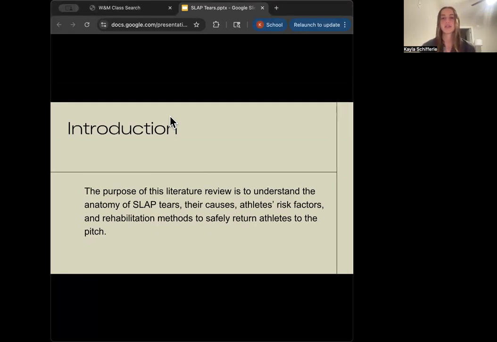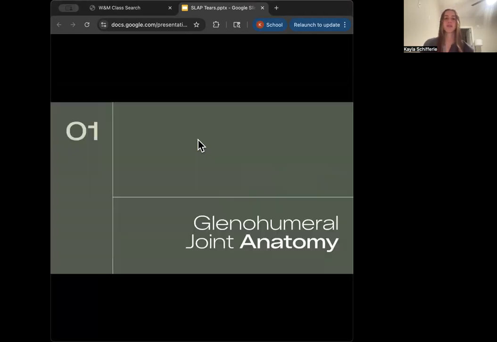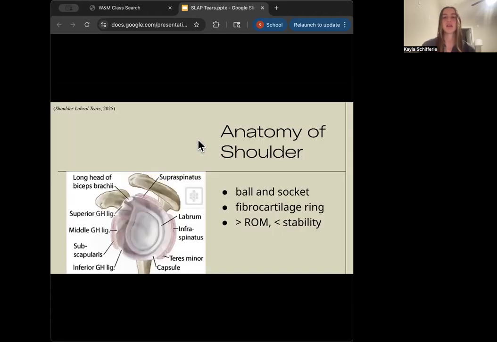The introduction, I'm just going to talk about the purpose of my literature review, which is to understand the anatomy of SLAP tears, their causes, athletes' risk factors, and rehabilitation methods to safely return athletes to the field. So to start, I wanted to give a brief overview on the shoulder joint, specifically the anatomy of the glenohumeral joint. So the anatomy of the shoulder,